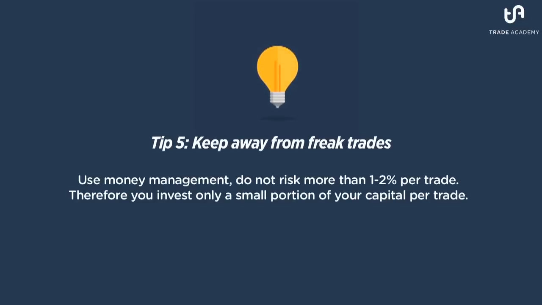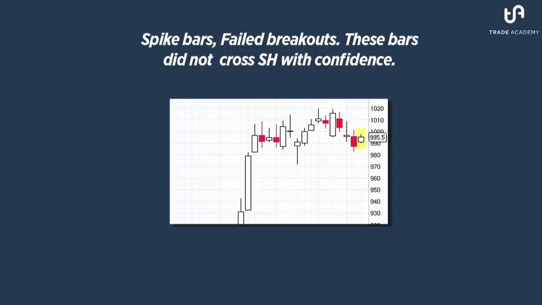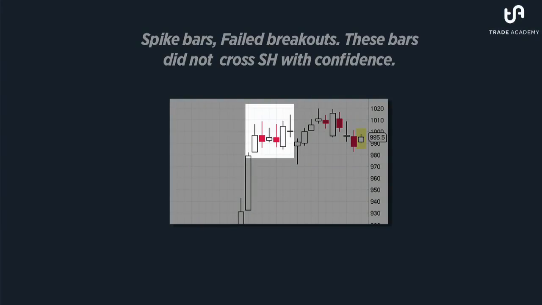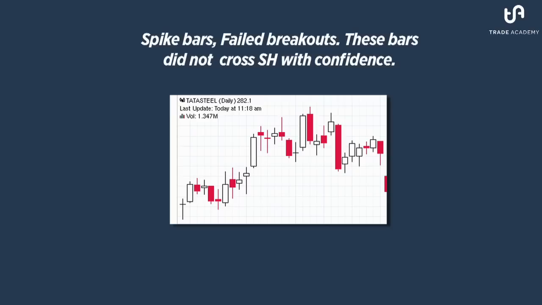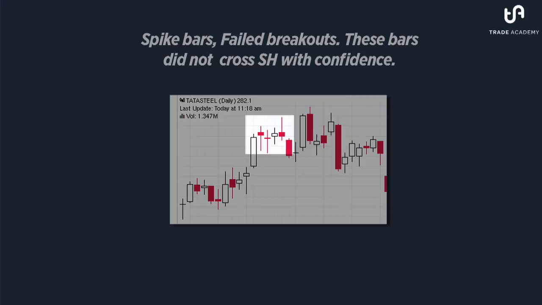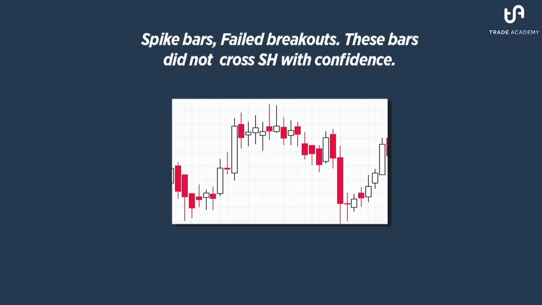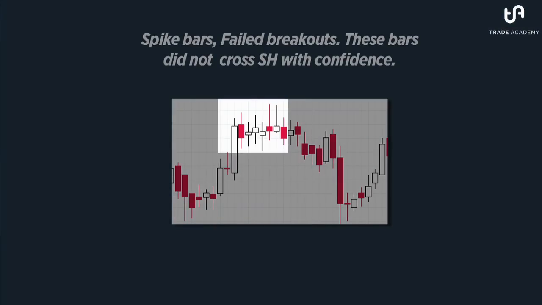Now, this is where I'll admit it takes a little bit of experience in front of the screen to get this right. Take a look at these swing high breaks. Do you think any of them inspire confidence? As soon as the bar broke the swing high, it immediately reversed. The selling pressure was too much. We are buying a swing high because it shows confidence. But if you can't see that on the chart, don't trade these trades. This includes a huge abnormal spike in the charts that you may get once in a while too. Look for strong, healthy bars. When in doubt, stay away.